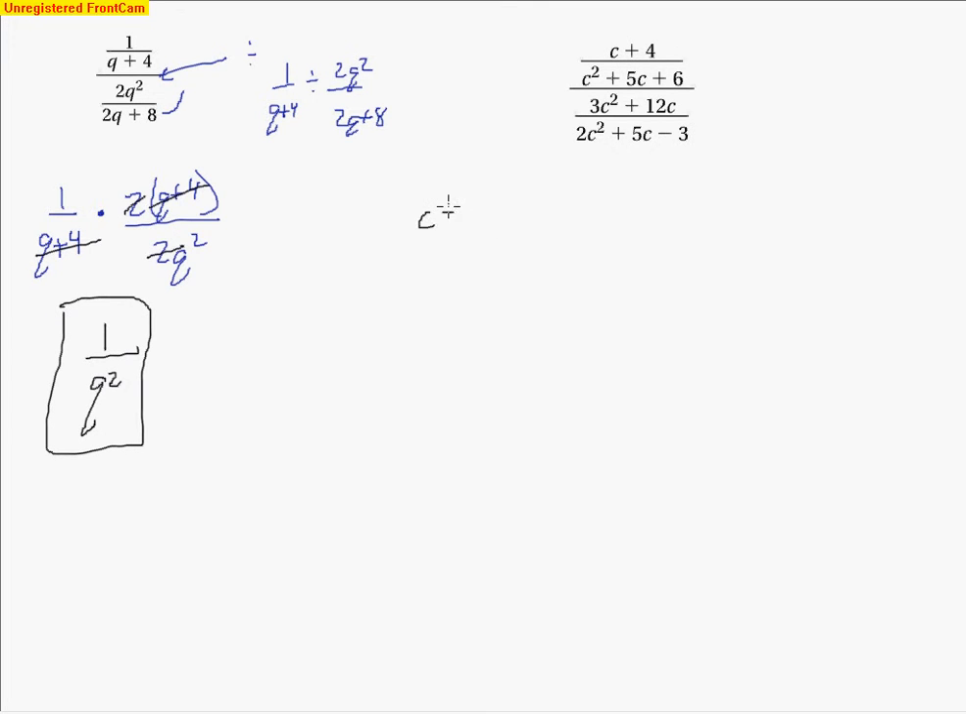Well, moving on to this one, I'll go ahead and factor as I go. c plus 4, and down below it goes to a c plus 3 and a c plus 2. That's the factored form of this denominator. Now I'm going to multiply by the reciprocal, so this has got to go on top, and so it's going to be a 2c and a c,